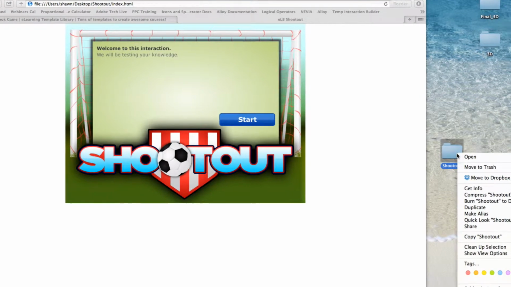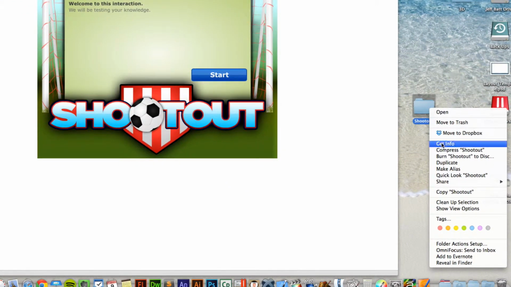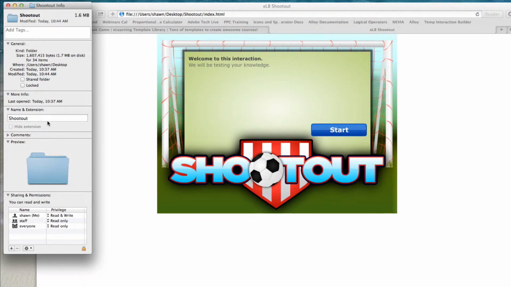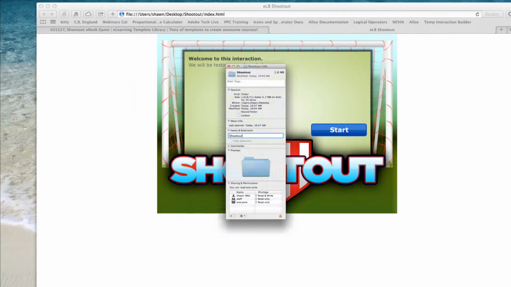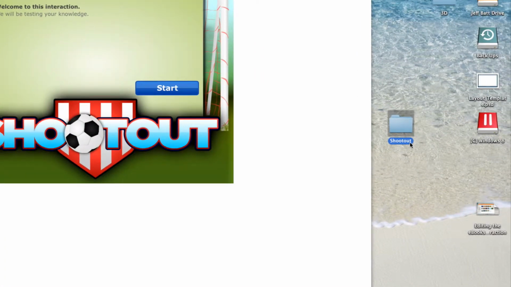On a Mac, if I right click, I'm going to go down to Get Info, and I can just come here and change the name right here. Or if I just click once on the name anywhere, it will actually prompt me to change the name of that folder anyways. And if I just click the right arrow button, it'll go to the end of that name because I really don't want to change the name. I could type it out again if I wanted to. But all I want to do is add a